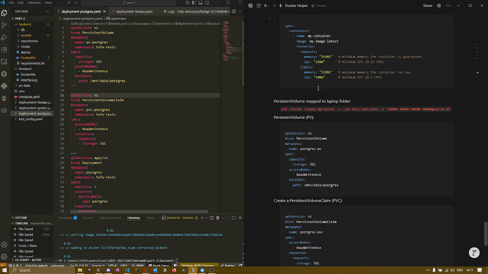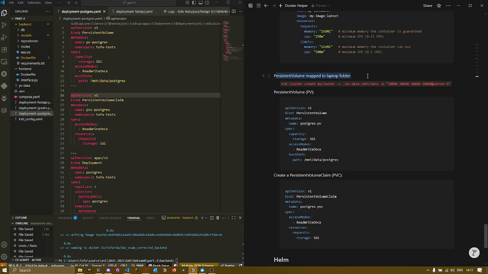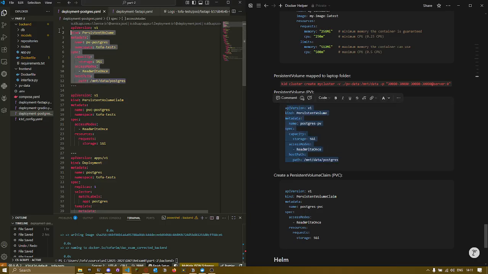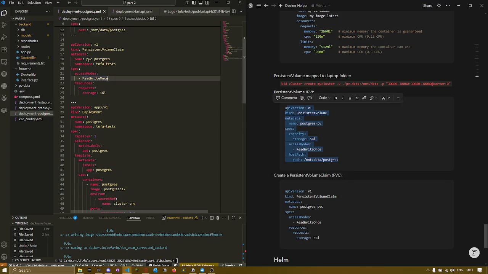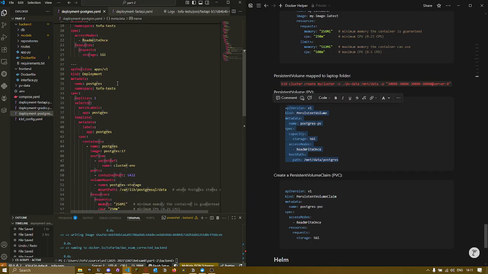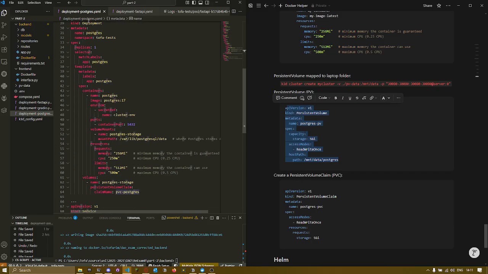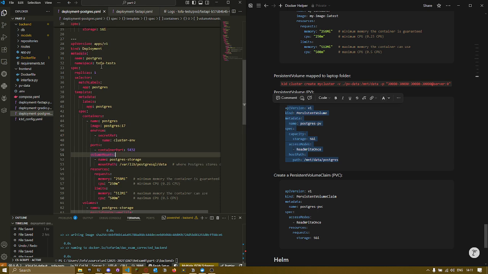So yeah, persistent volumes, here they are. I just copied this thing to here. This one is for creating the volume, this one is for claiming it, and then we have the name of the claim, and we use it in our Postgres deployment, somewhere, I think, yeah, here. As for the deployment,